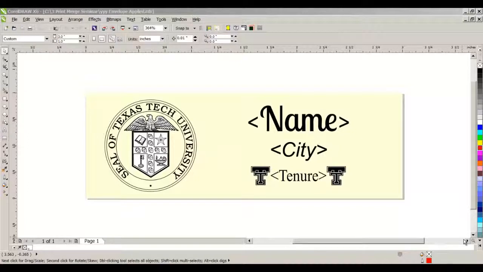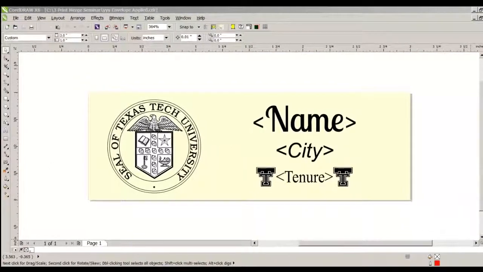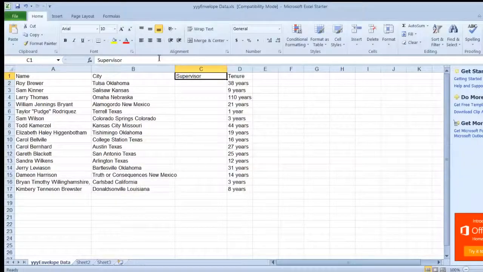We're going to try to work backwards here and show you how it will work after it's done, and then we'll attempt to show you how we did it. This is our layout. I'm going to open an Excel file. And this assumes you know how to create that, but this is the data we want to put into that